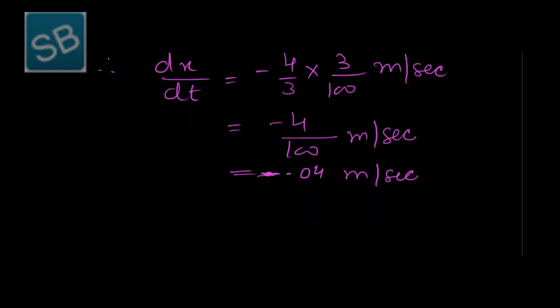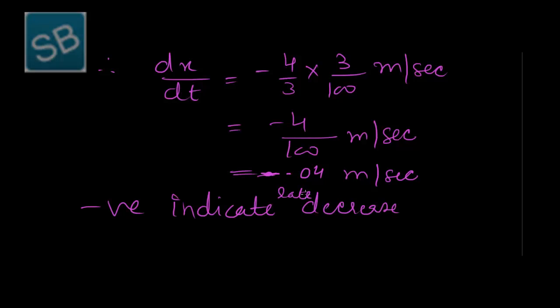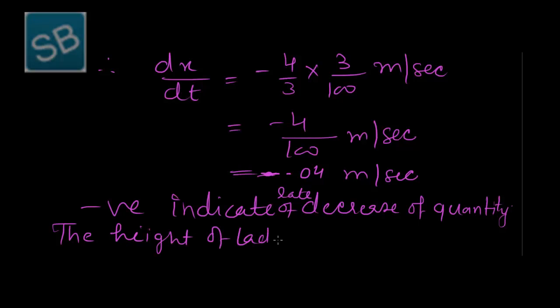Here the minus sign indicates decrease in quantity, rate of decrease of quantity. So the height of the ladder is decreasing at the rate